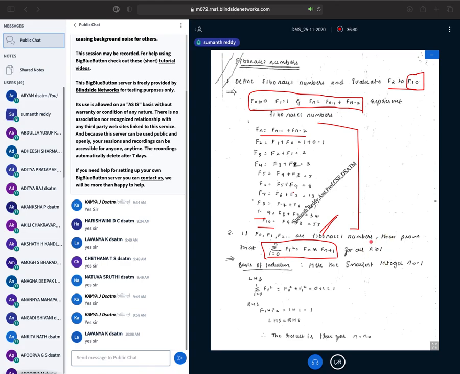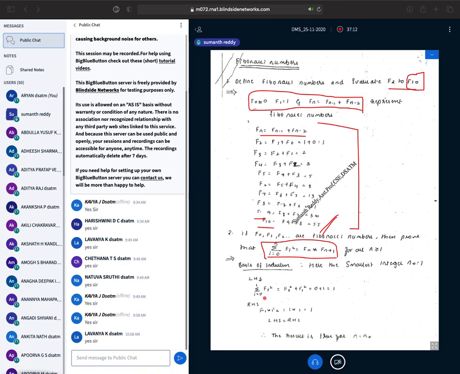So if I replace the value of n with 1, what will I get? Summation of i equal to 0 to 1, Fi square is equal to, I have to replace only n. Most of the students, when I had been to the valuation, I have seen what they do: they replace the i value with 1. In place of i in Fi, they replace 1. No, always this n value has to be replaced with 1. So be careful with that.